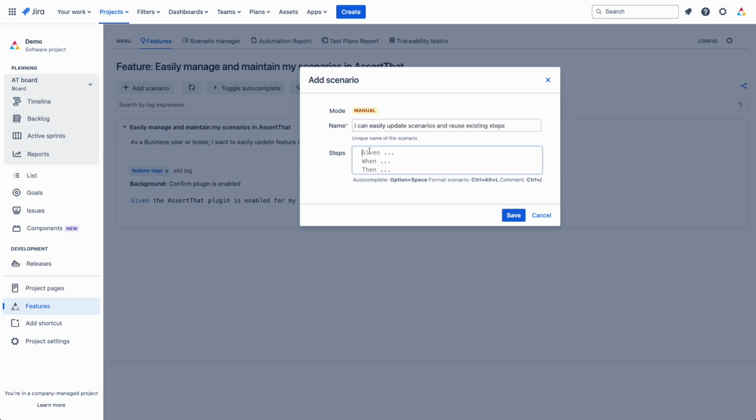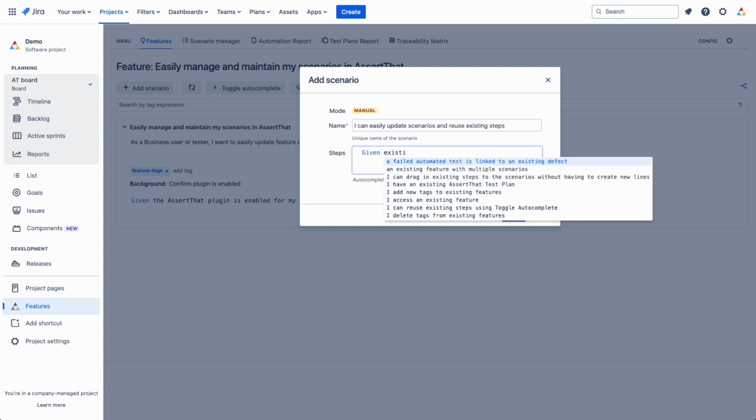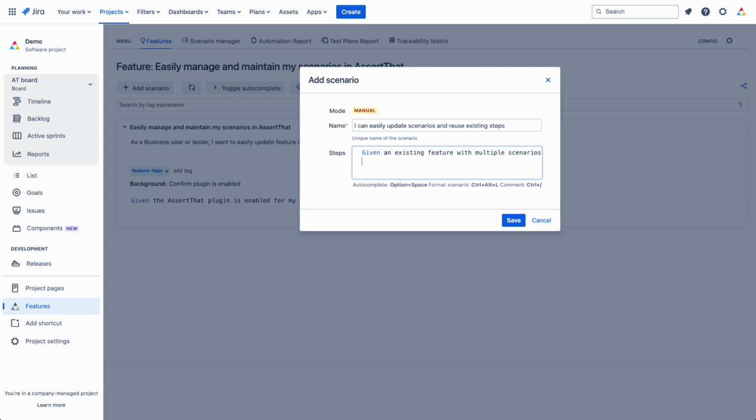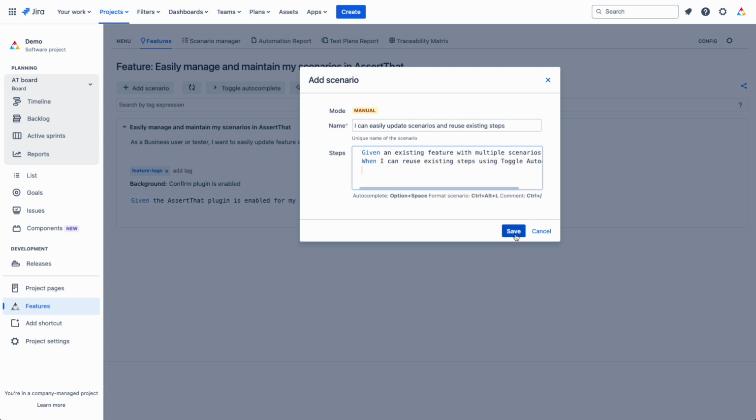And again, you can start adding steps and reusing them by using the shortcuts. Okay, then I'm going to click on save.